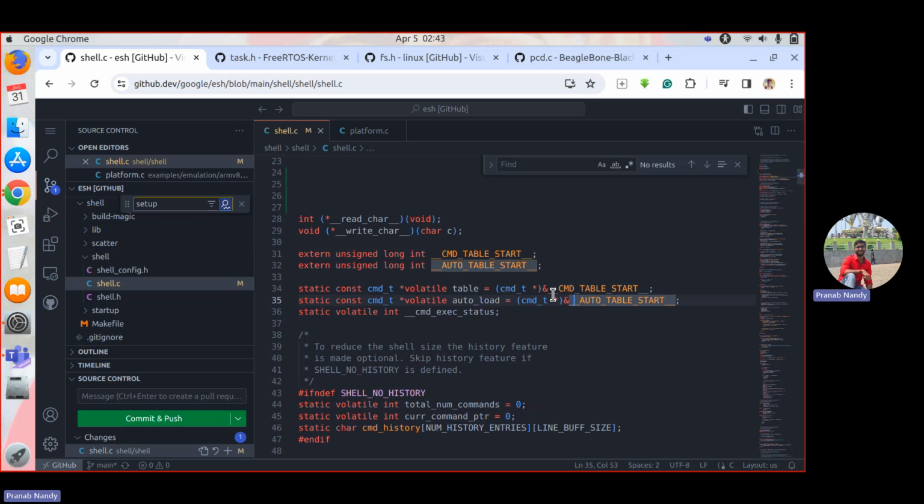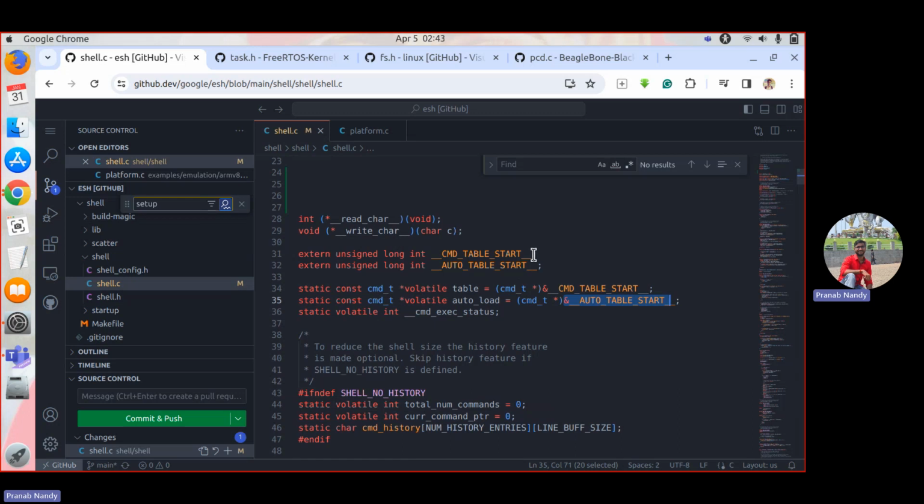So this is what they did. They first take that variable's address value, and then they just typecast it to the cmd type. Similarly they did it for that autoload pointer to this cmd type. They take that address and simply typecast it, otherwise it won't be able to store it. So this is a beautiful example where